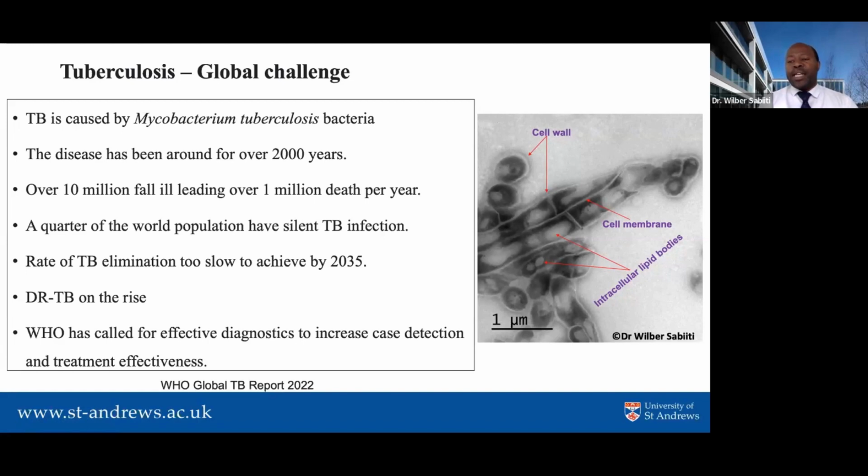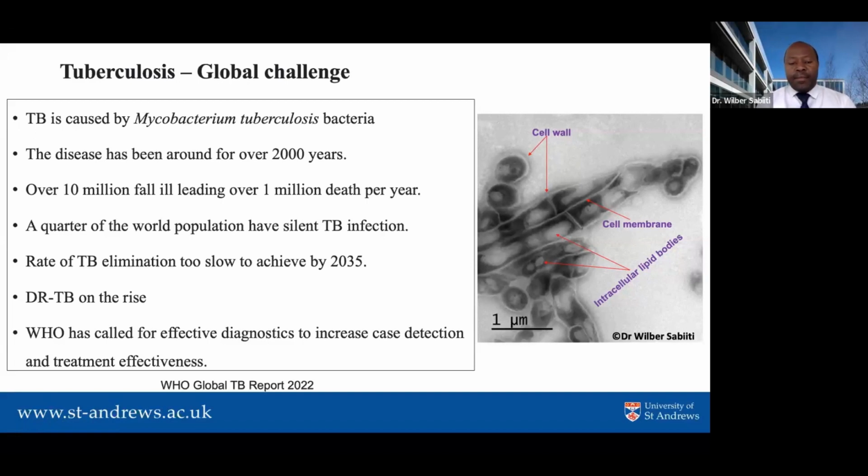Inside the cell are intracellular lipid bodies, which are very important for the bacteria in terms of how it prevents itself from being killed by antibiotics. And then its mycolic cell wall, which is also an important resistance